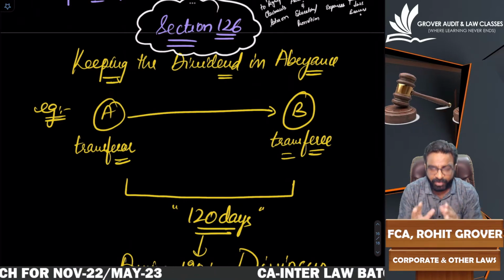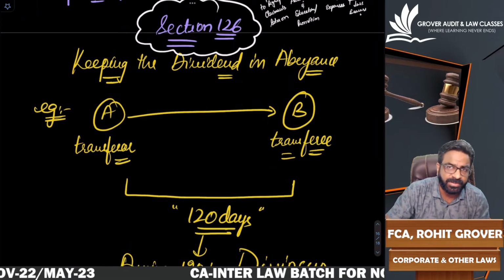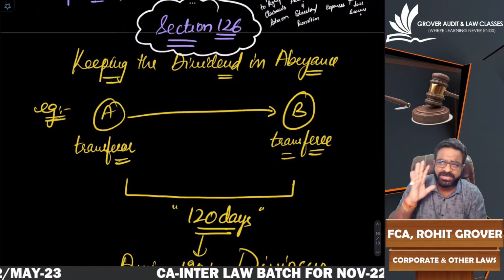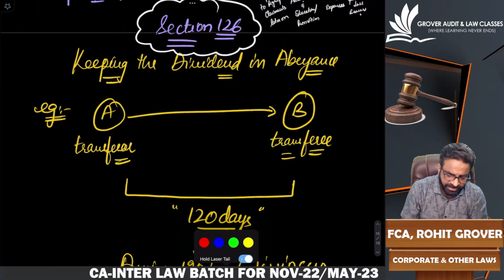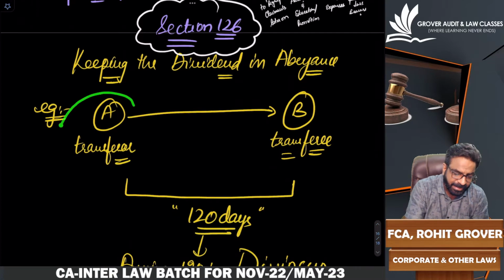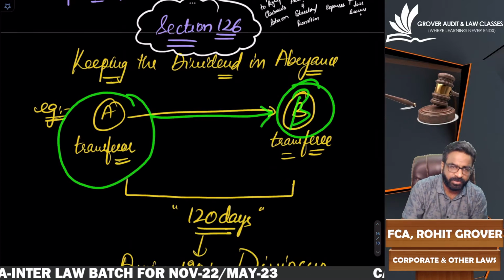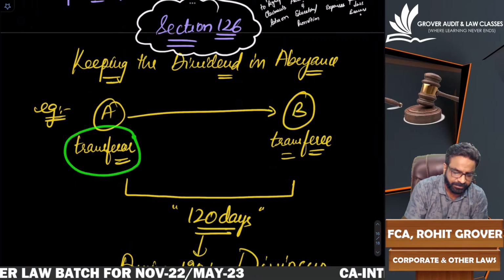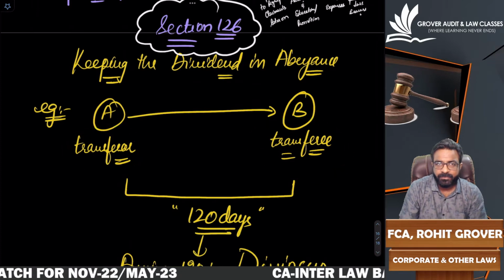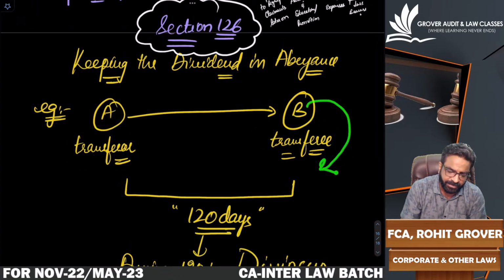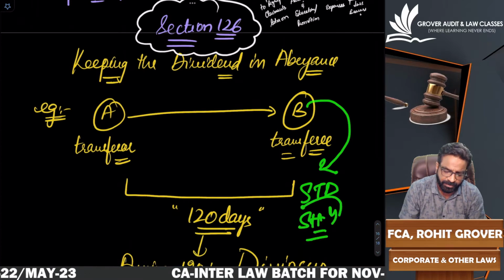Now, I want you to concentrate, everyone. It is a very important section, but very small. Within 2 minutes, this section will be over. Listen to the example. A is selling the shares to whom? B. So, is A a transferor? Yes. B is a transferee. Now, whether B has to send the share transfer deed in form number SH4 by telling his details